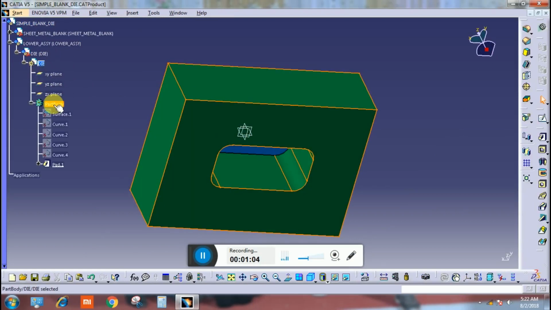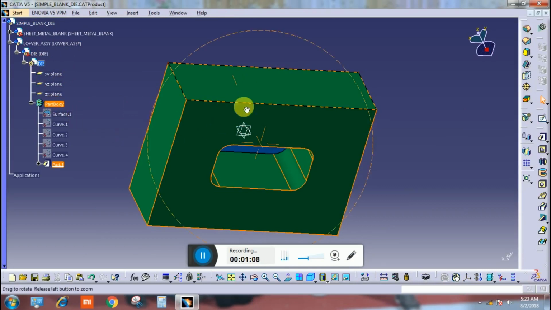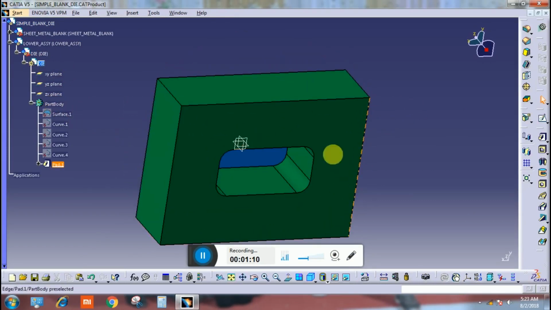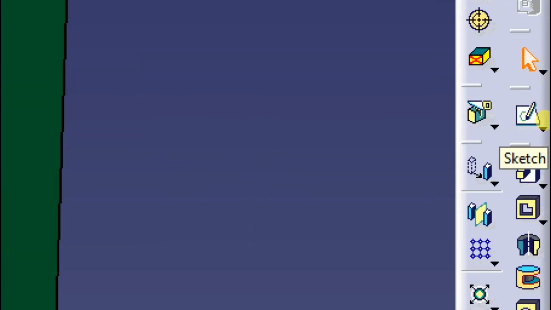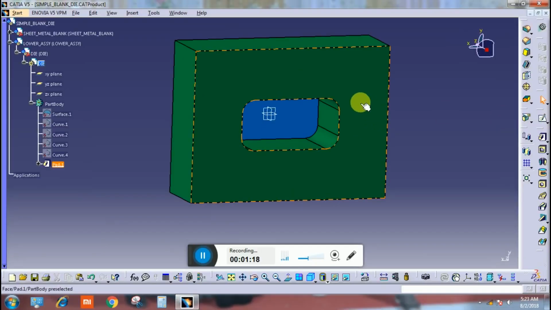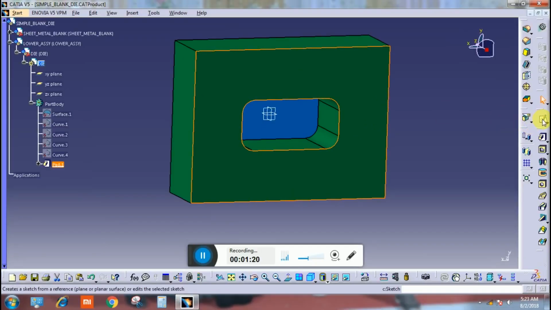Double click. After that click on sketch, select face and click on sketch.